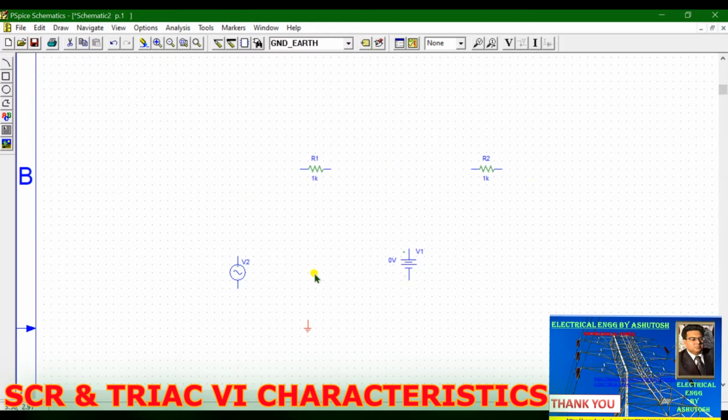Then guys, now you have to select the SCR. So our SCR is numbered 2N1595. Okay, whenever you type this number 2N1595, then you will get the SCR. Okay, then click on it and right click, then this is the SCR, and then you can rotate this SCR